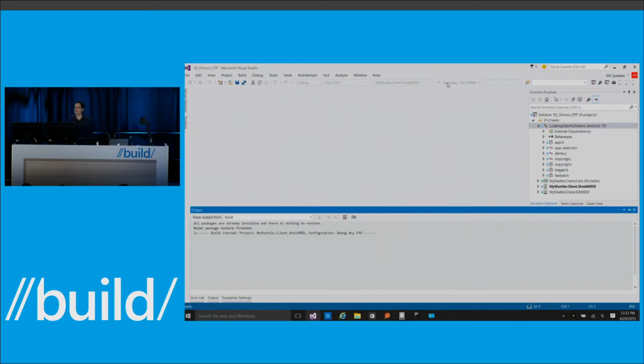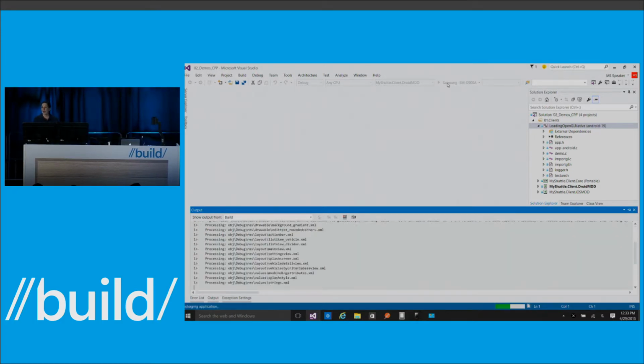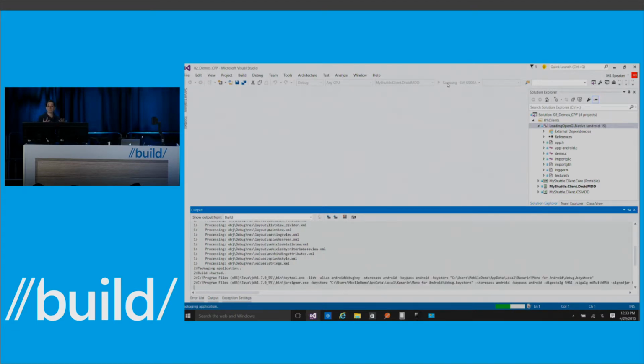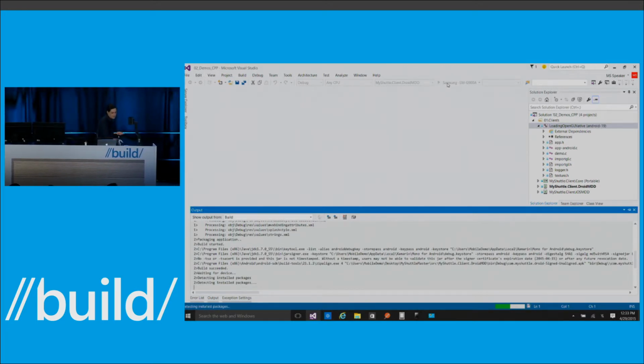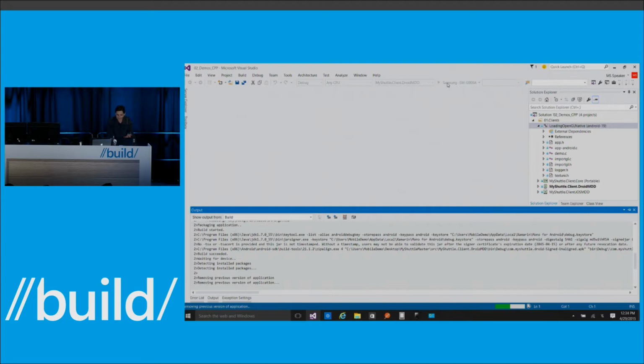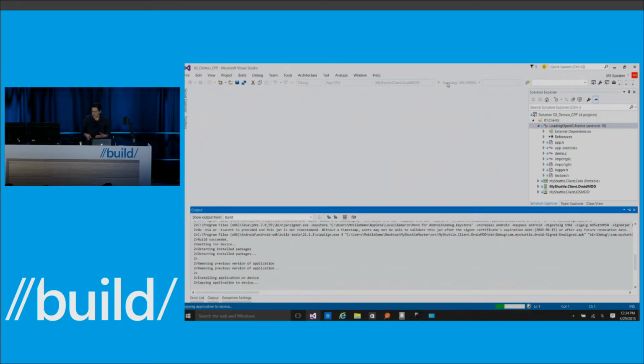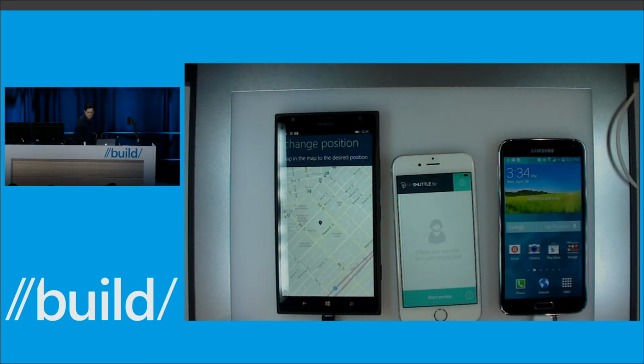Now, what this is doing is it has a common C++ component, and in this case, it's an OpenGL component that I'll show you guys in a second, that is being used in this application. And then it has a front end that's defined using Xamarin. And so this should be deployed to this device in just a second. And it's copying the application to the device. I will jump to the slides as it does the installation, and it should get loaded in just a second.